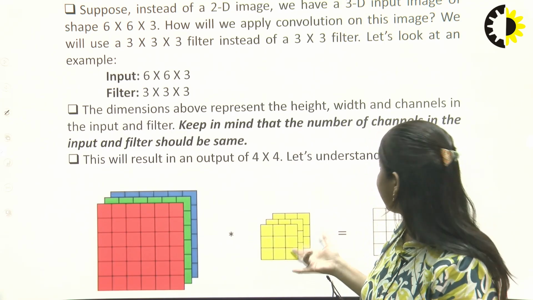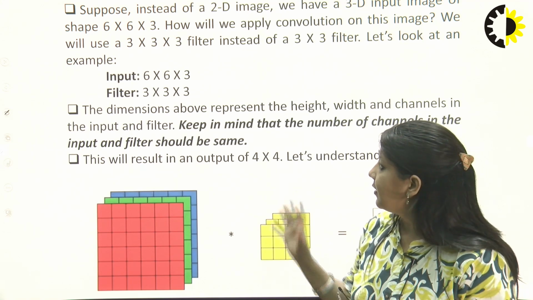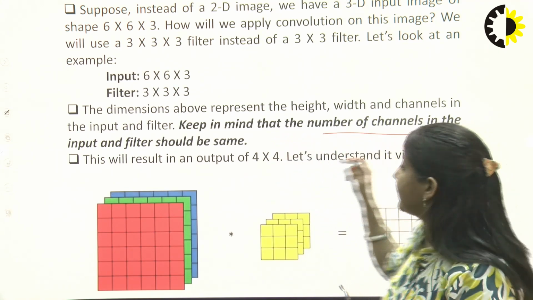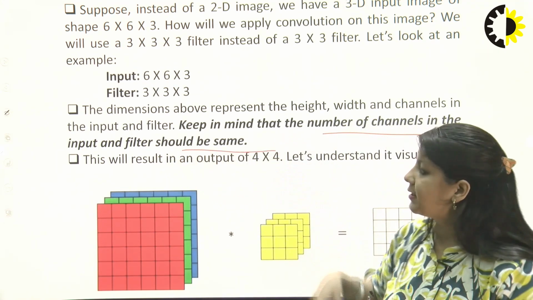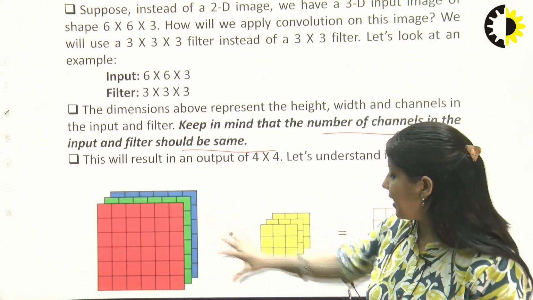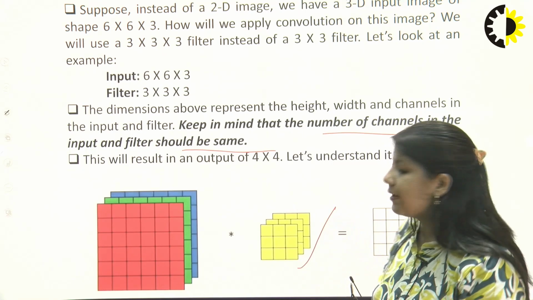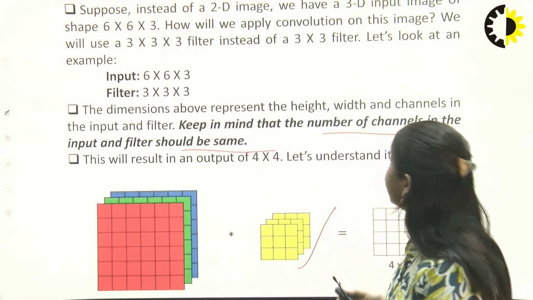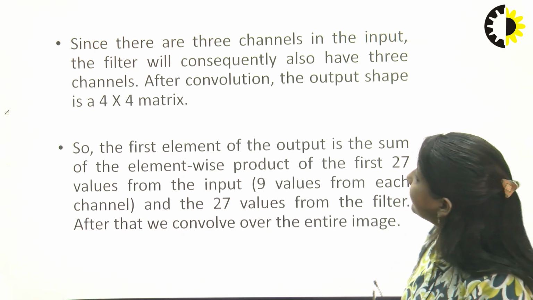So these are the examples, and keep in mind the number of channels in the input and the filter should be the same. Meaning if we have three channels, RGB, 3 filters will be there. Fine. So since there are 3 channels,